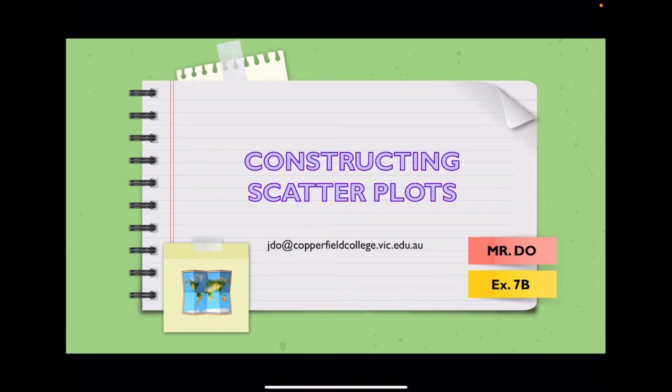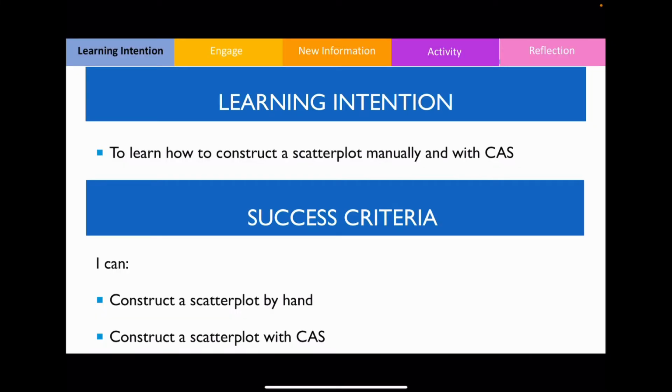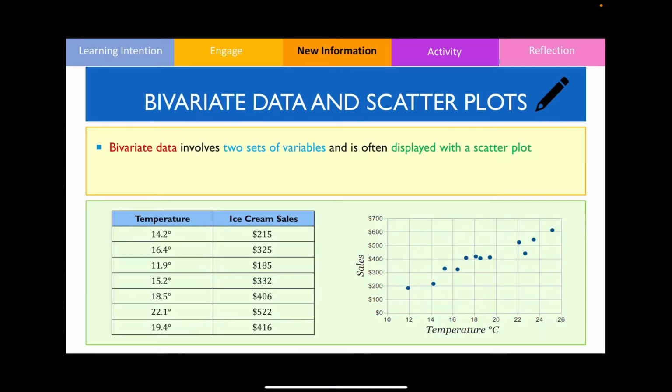Hello class, in this video we're going to learn how to construct scatterplots. The learning intention of this video is for us to learn how to construct a scatterplot manually as well as with a CAS calculator. In this particular chapter, we're looking at bivariate data, and as you may recall from the previous video, we said that bivariate data involves two sets of variables, and we often display this numerical information using